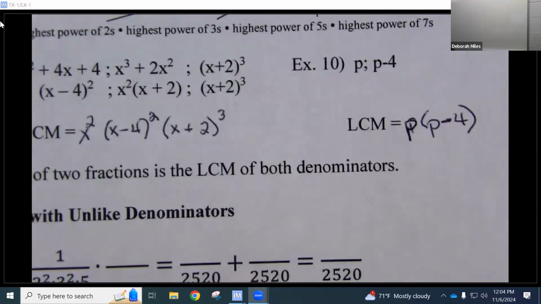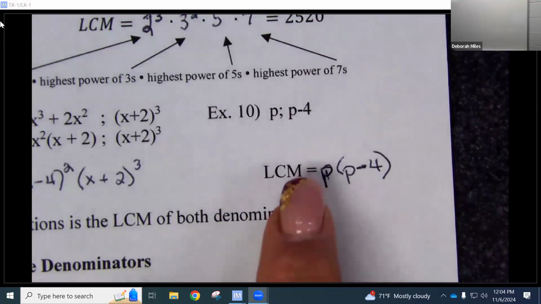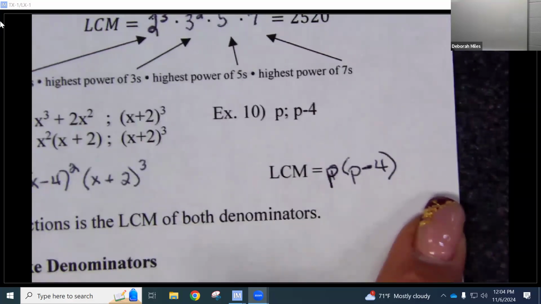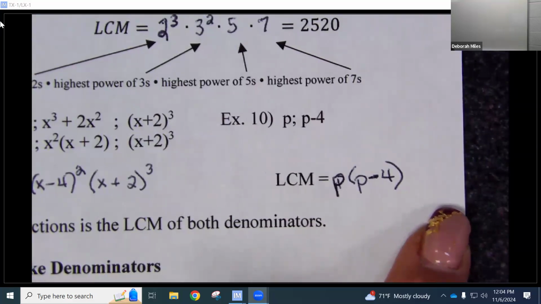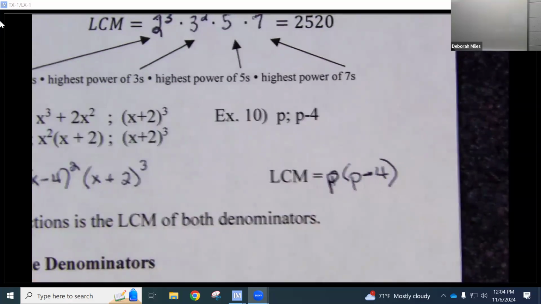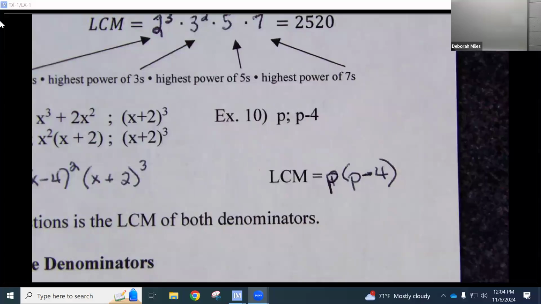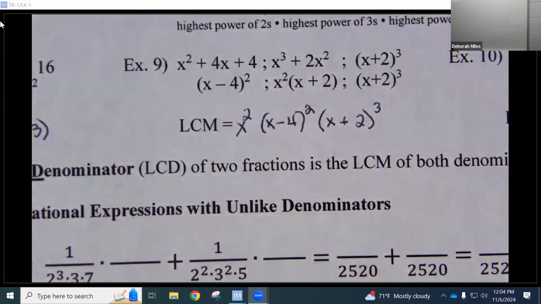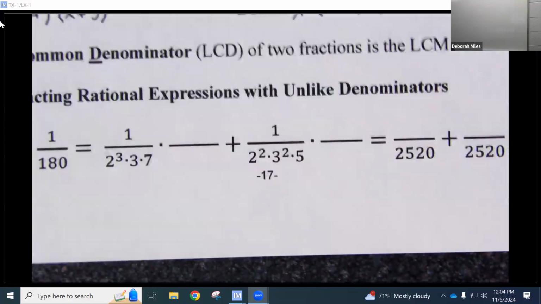Now notice that I left all of those in factored form. I didn't multiply it out and call it p squared minus 4p. There's a reason for that. We'll see in just a minute. But right now, let's say just leave those LCMs factored. Before we can add and subtract fractions that don't have the same denominator, we have to be good at finding the LCM. And then let's go back to basic math